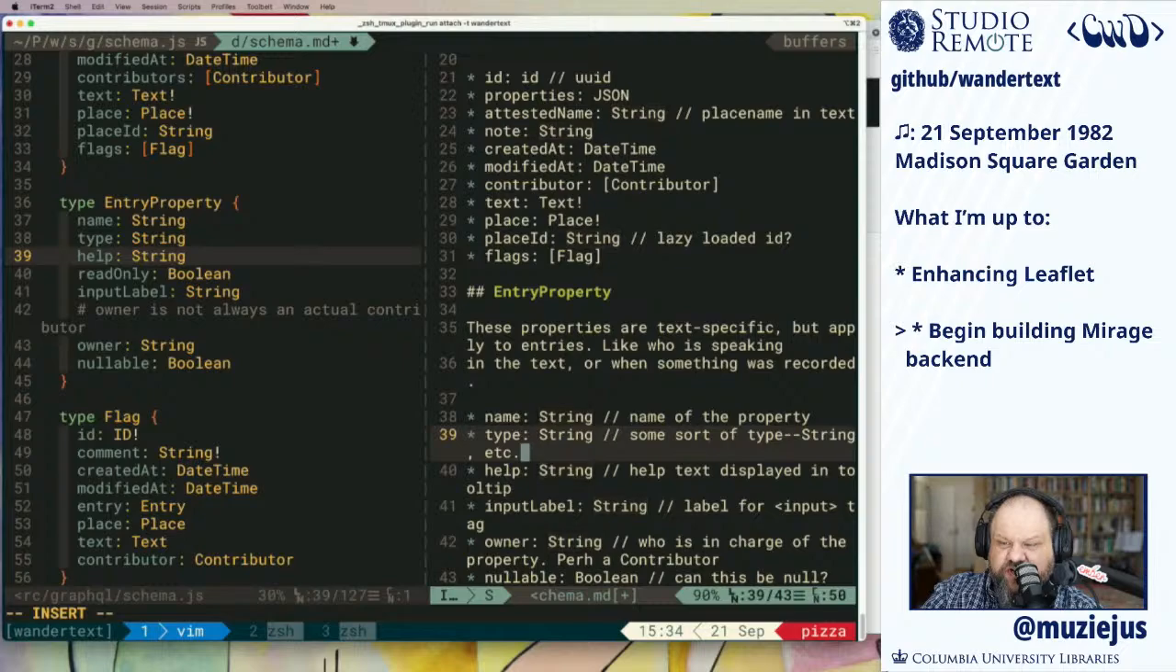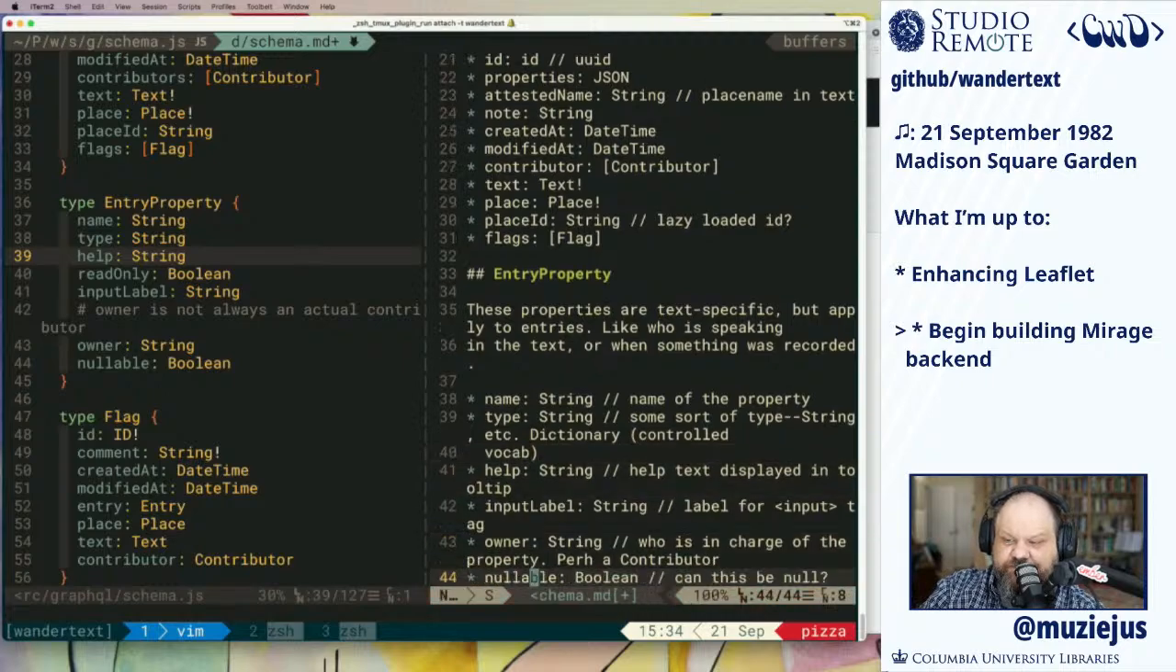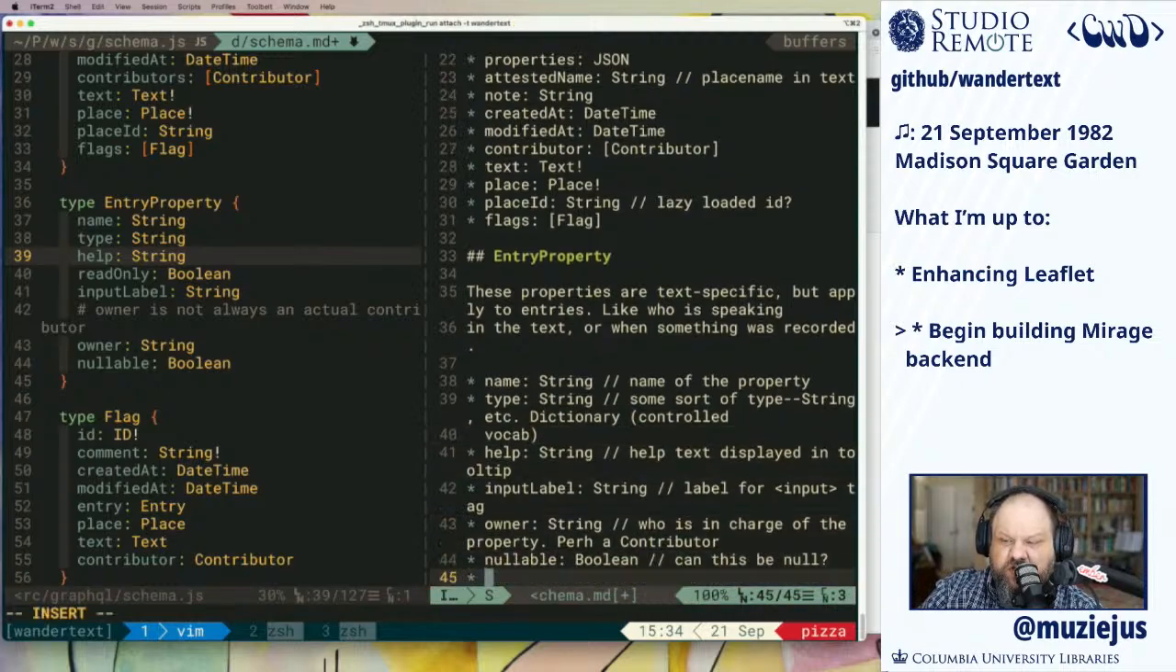It can be a string, etc. It can also be something like a dictionary, I don't know what it's actually called, that are controlled vocabularies, and so on. And then I don't have this here because I think I was just starting this, but every entry property belongs